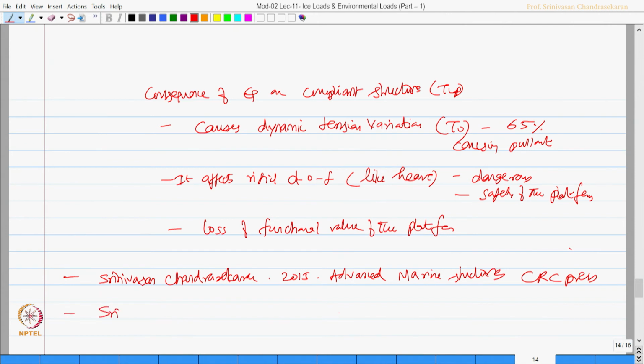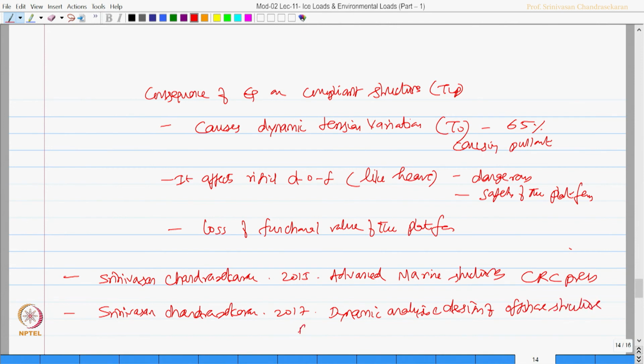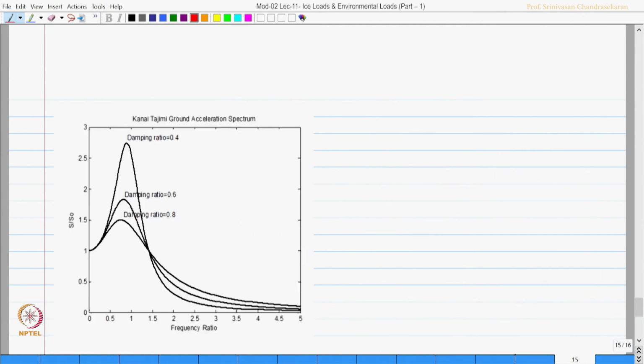There is one more book which also discusses the behavior, again authored by me, dynamic analysis and design of offshore structures, edition 2, Springer, Singapore. So, friends, for different damping ratio, the typical Kanai-Tajimi ground spectrum looks like this as you see on